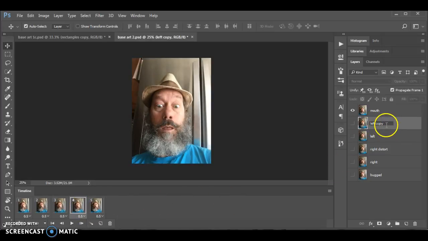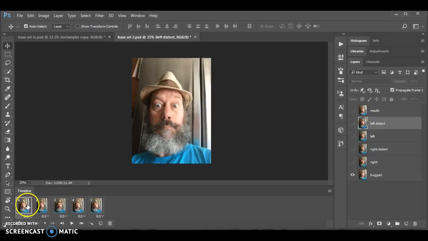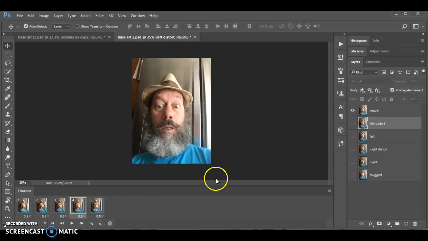So left copy, we're going to call this left distort. And we're going to delete this extra text. Right? So it all makes sense. Okay, so if I came down here, we got 1, 2, left distort is not on, so right, okay, and we've got left, and then we've got mouth, and then we're back to bugged. So if I came down here and I wanted to duplicate mouth, alright, and I have the